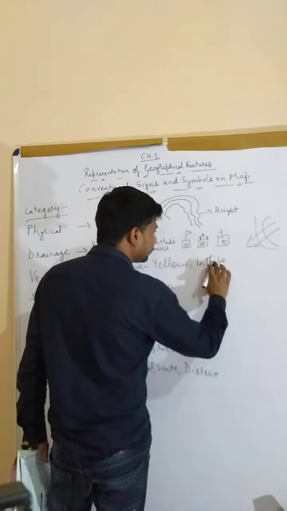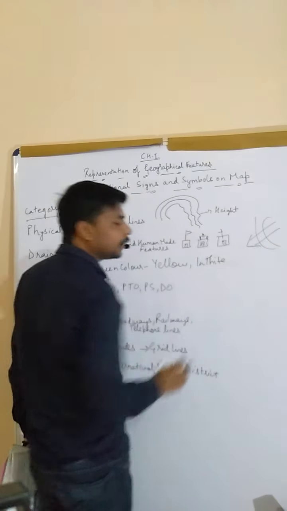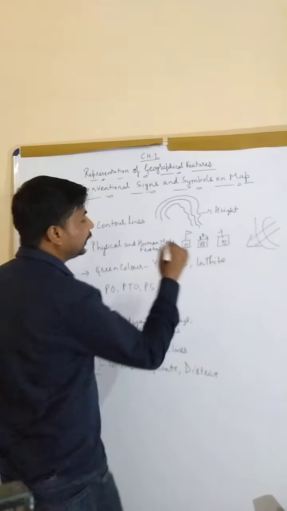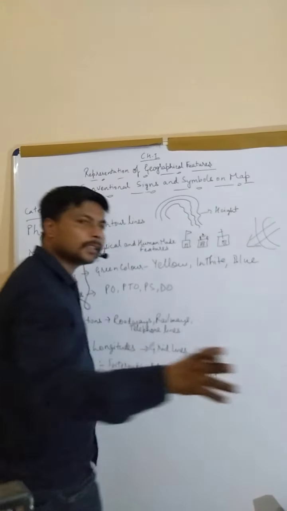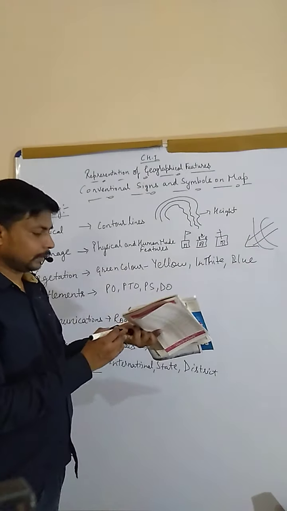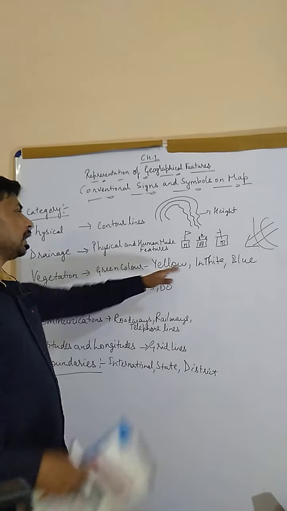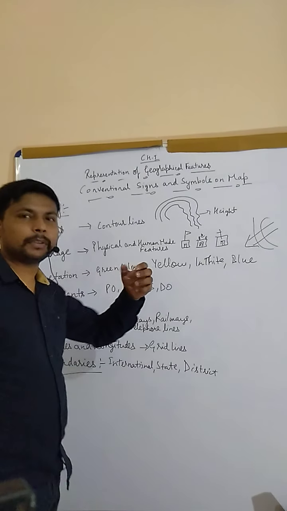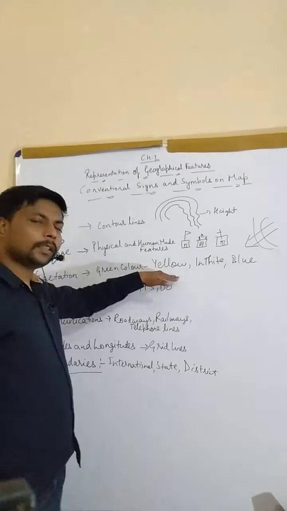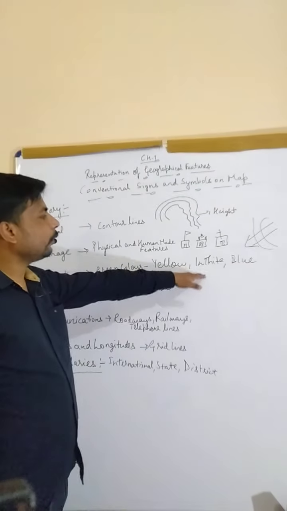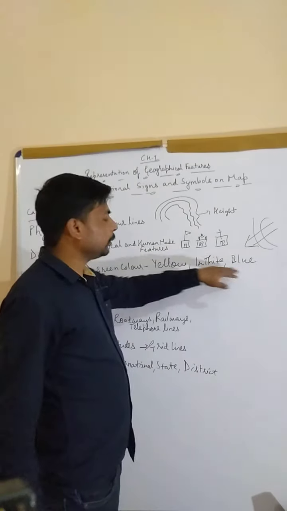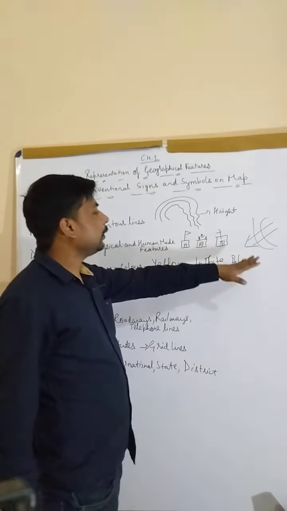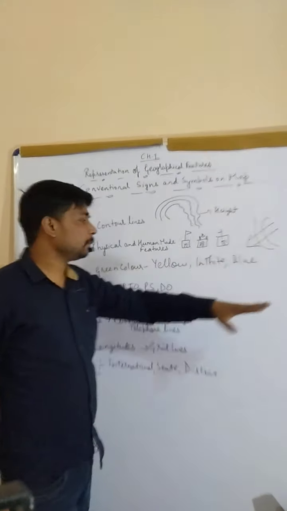Yes, they are using the white color for the barren land, and they will use the blue color for the watery places, right? So this is the color. Yes, the symbol is basically with the color. So if you see the green color, that means there is vegetation there. Yellow color means it is a farmland. White means rocky, or this land is of no use, and no one is using that land. And blue means there is water.